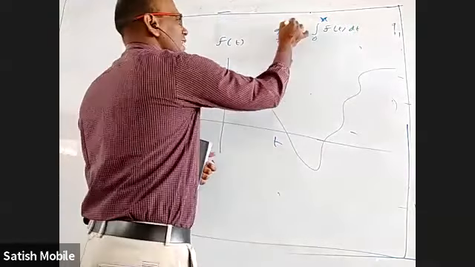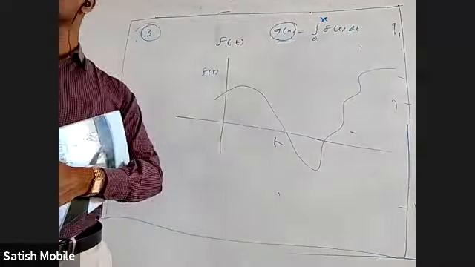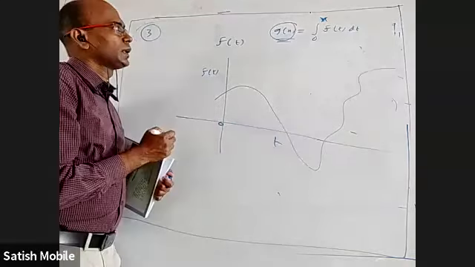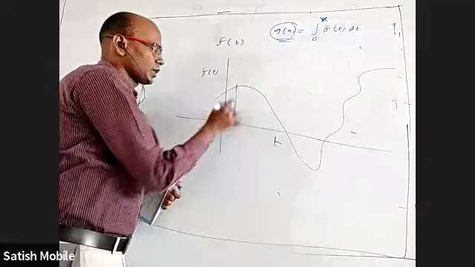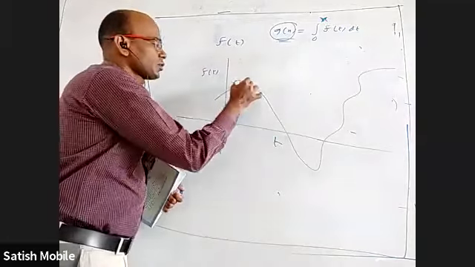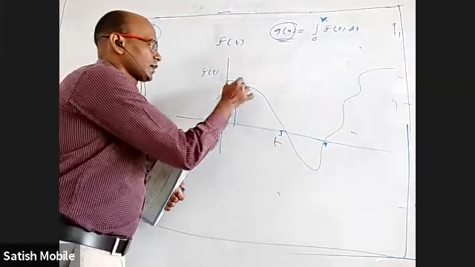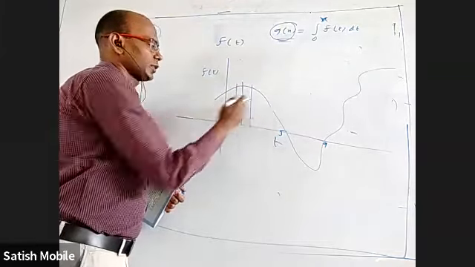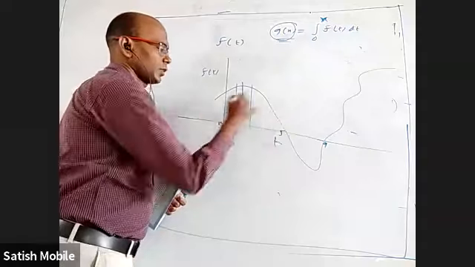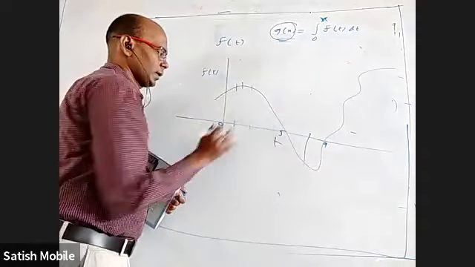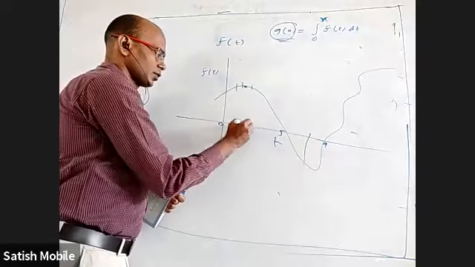Now I want to understand whether g is increasing or decreasing. So 0 is here. If I want g of 1, I'll take the integration up to 1. If I want g of 2, let us say this is 5 and this is 9, something like this, I'll take the area up to here, from here to here, and so on. Now see, let us say this is 3 also.